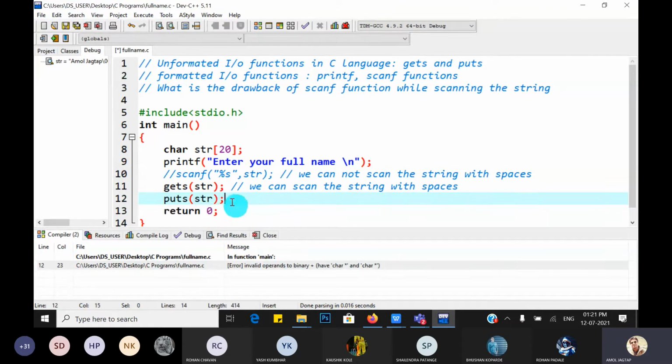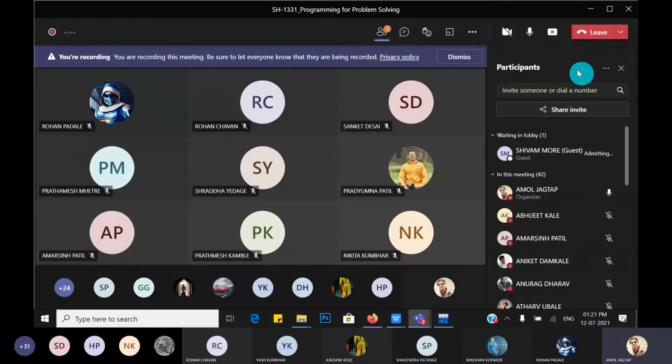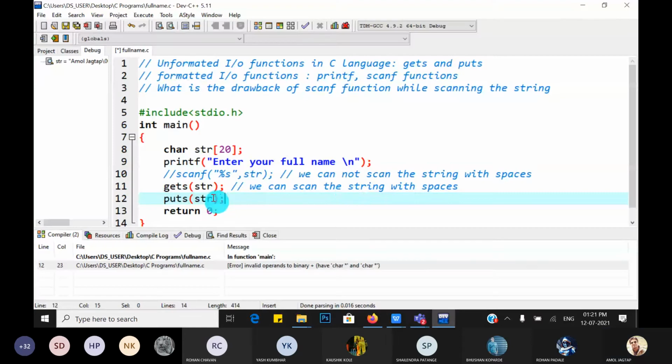Okay, so in the puts function, what happens, guys? We cannot write other things other than the string variable. Okay, that's why it is called unformatted IO function.